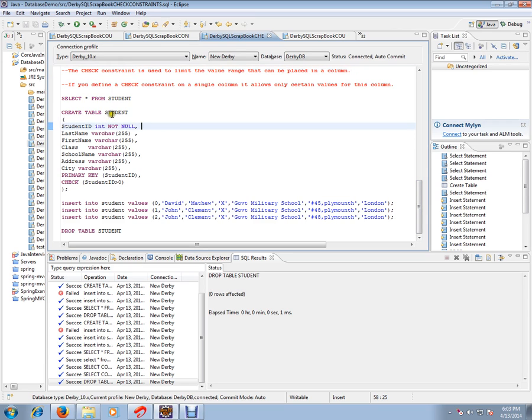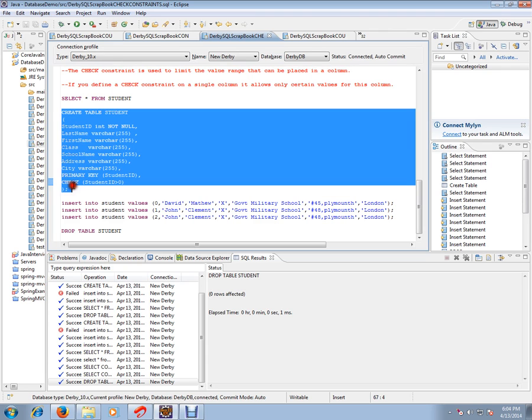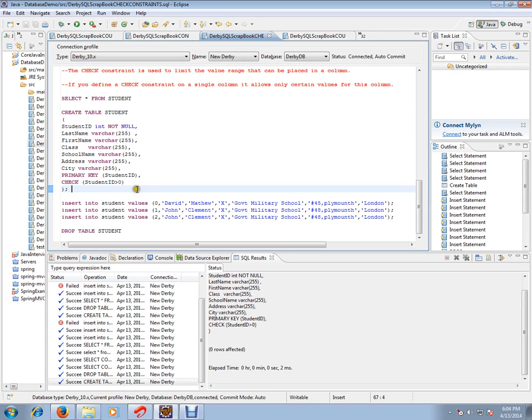So I'm going to create a table called student with 7 columns, and I've created a student ID as not null constraint, and I have added here a check constraint. Can you see here? This is the check constraint. What it says is student ID should be greater than 0. This is the value we are checking whenever we insert some records. So I'm going to create this table first with the check constraint. So we have created a table with the check constraint.